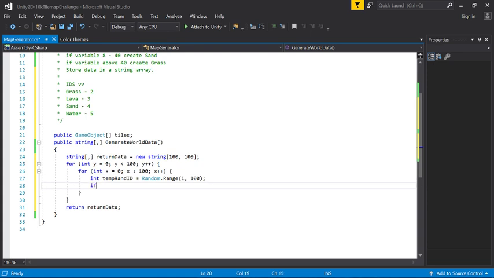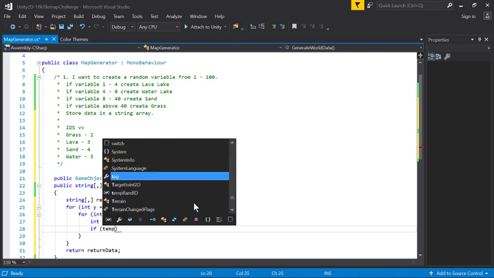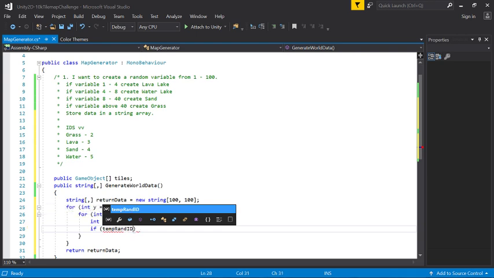Okay. So now, the majority of our variables are going to be above grass. So we're going to make our create grass function first because that's going to be the majority of our things. That'll make more sense because the majority of them don't need to loop through all the else functions, just to save time. So if our temp random ID is above, no, it should be above 40, then it's going to set